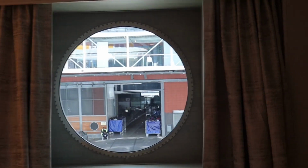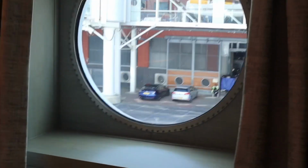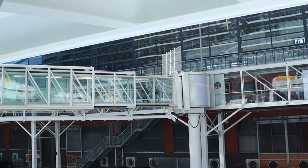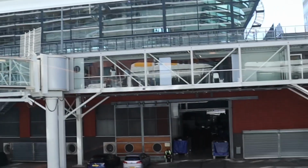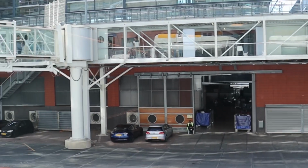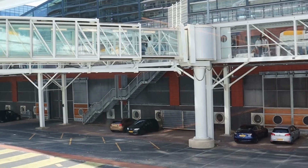Just look out. Of course, on the balcony you get fresh air. But there's the terminal. People are still coming onto the ship. We are here till 3 a.m. so I'm not sure what last time is, but yeah. Beautiful stateroom here